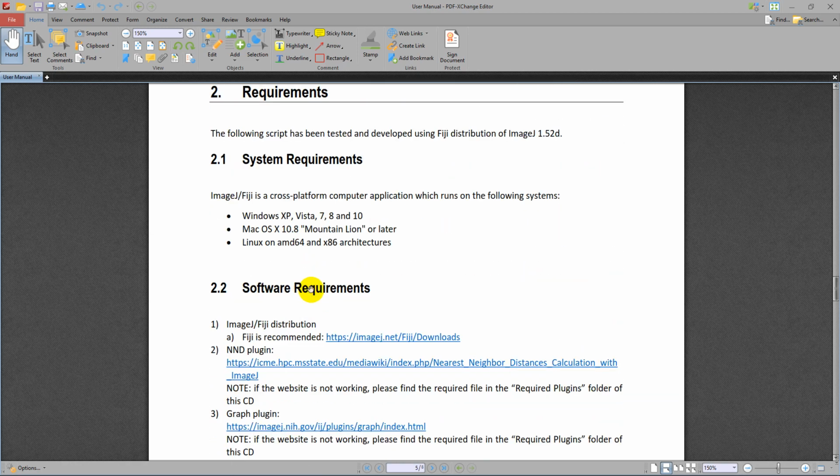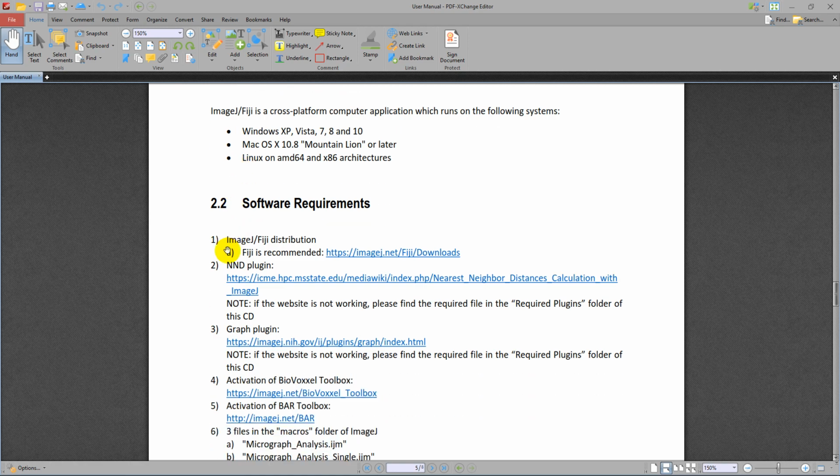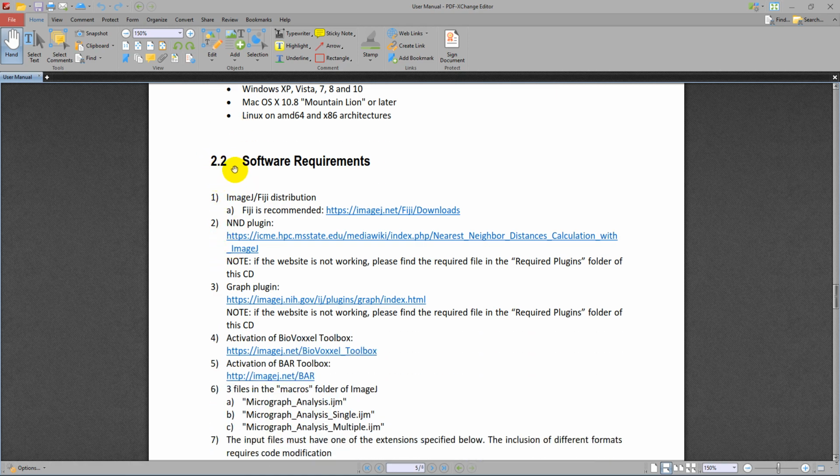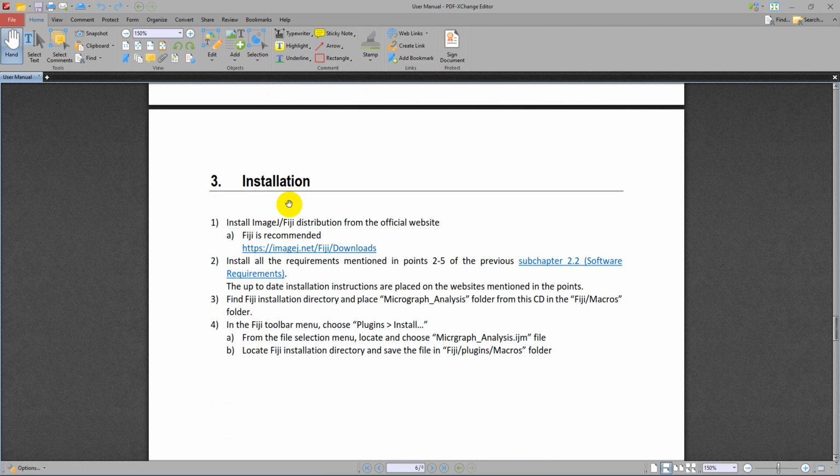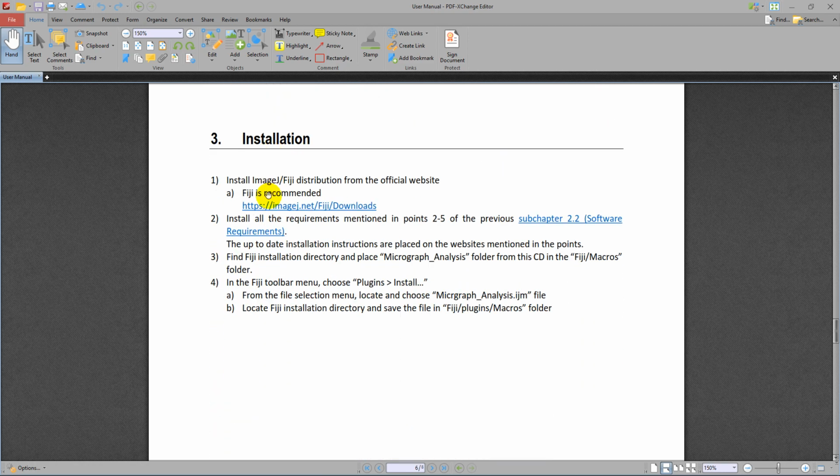Chapter 2 requirements mentions an important information that you shouldn't be worried about meeting system requirements, as ImageJ or Fiji is a cross-platform computer application and it should run on the most popular systems like Windows, Mac or Linux. Now you may skip subchapter 2.2 because these requirements you can meet by following the steps mentioned in chapter 3